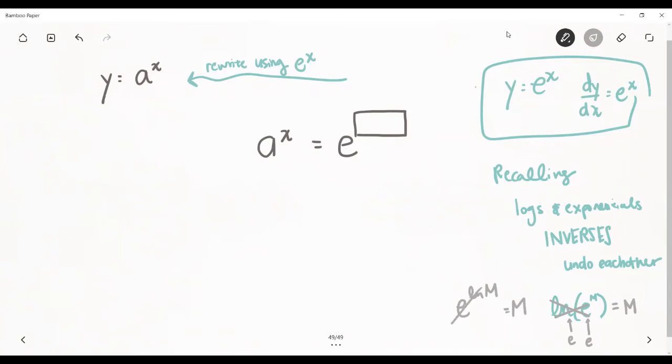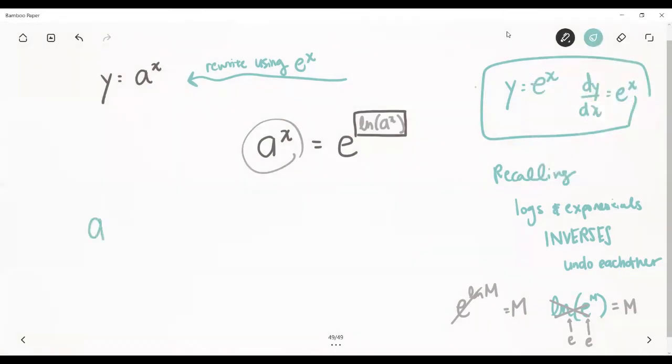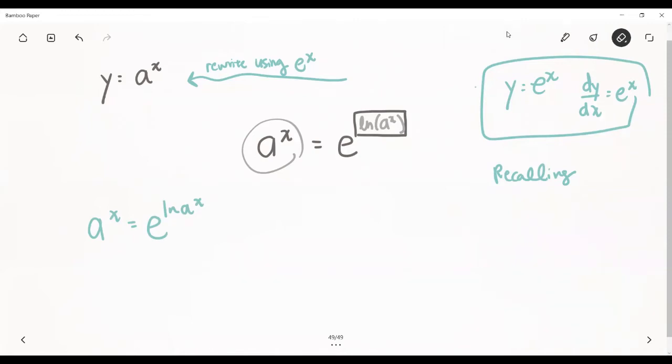So here I can do e to the natural log, and the thing that I want inside is whatever's over here, the thing I'm playing with. So I want this to be a to the x, okay? So now we have rewritten a to the x; we know it is equal to e to the natural log of a to the x. Cool, looks messy, right? This is gonna be nicer. So at this point,